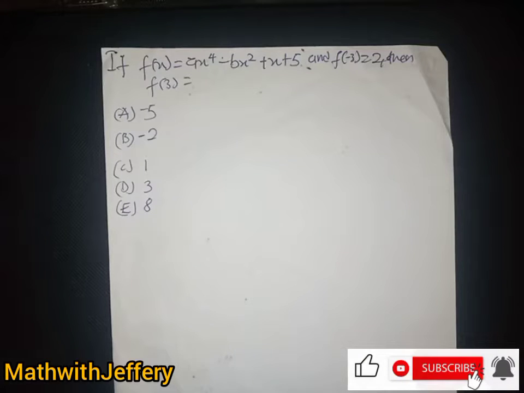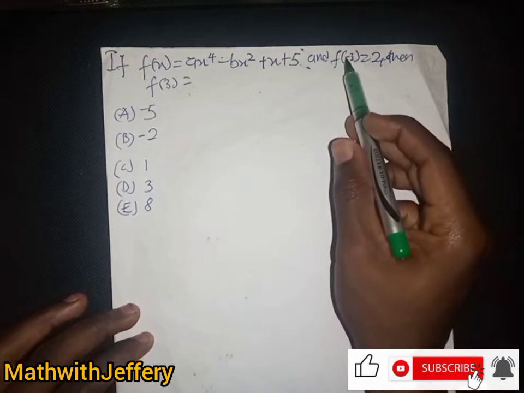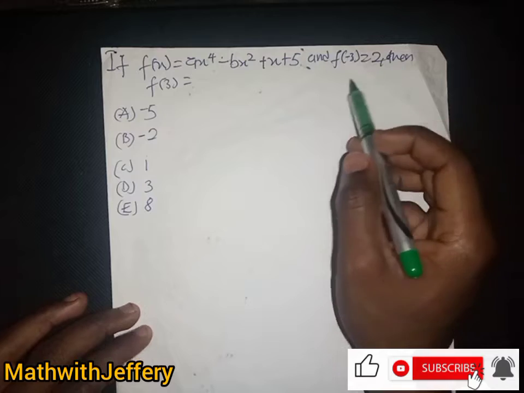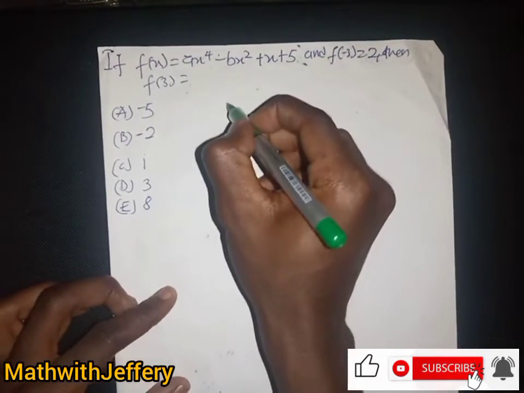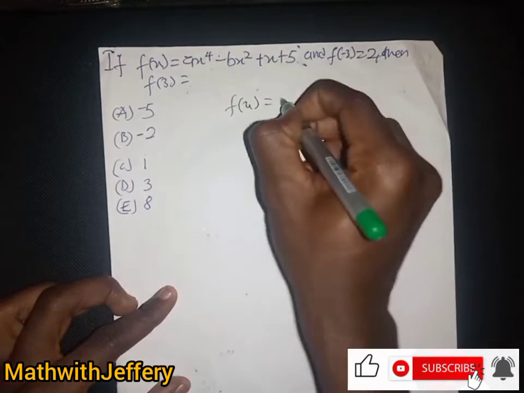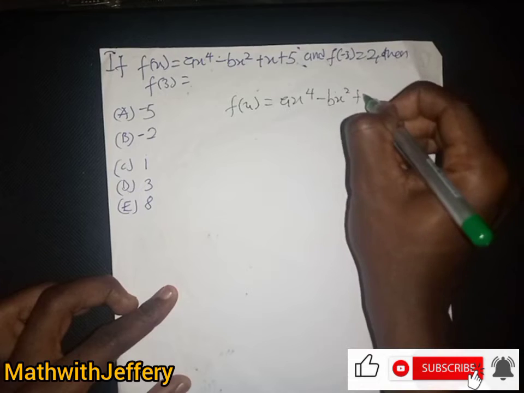In this section we have a question now. The question says if f(s) equals s to the power 4 minus bs squared plus s plus 5, and also f(-3) equals 2, then f(3) would just be equal to what? So if you are given f(s) equal to s^4 minus bs squared plus s plus